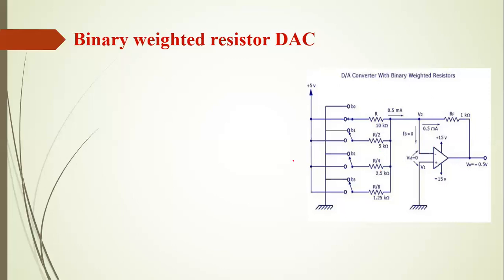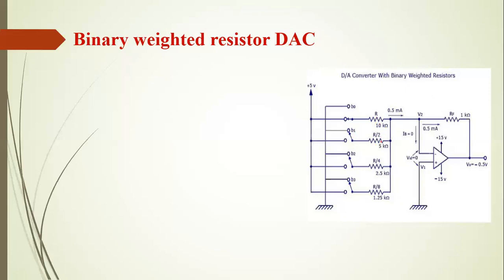So if you see the inputs, you will be using a 4-bit D2A converter. That means you will be using a 4-bit digital input. For each input, you will be connecting one resistor. Through this resistor, it is connected to the op-amp. If you start from B0 to B3, B0 is directly connected to the full resistance, that is R, which is 10 kilo ohms. Then next to that, you will be having B1. B1 is connected to R by 2.